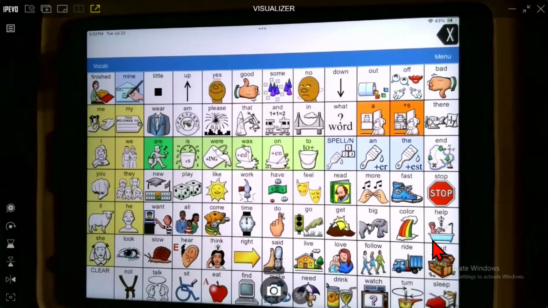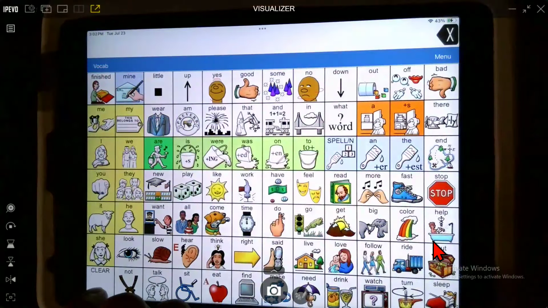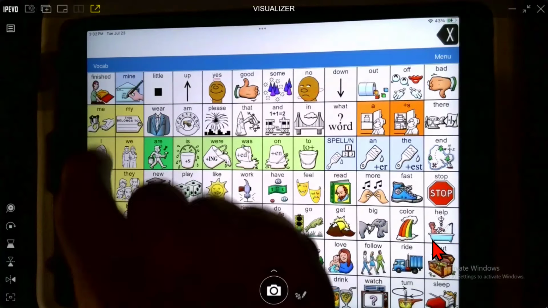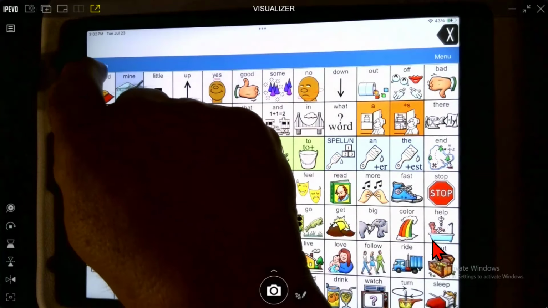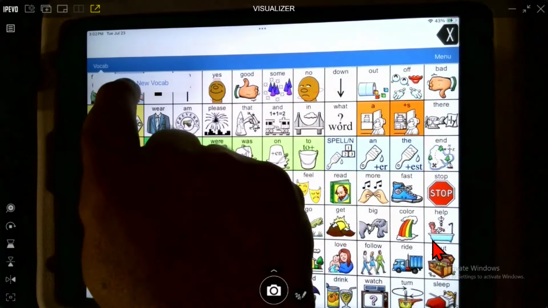The first thing when you get any device, whether you've had a kid's device or it's your first time on the device, there are two things you need to know how to do at the very beginning. You need to know how to copy a vocabulary, and you need to know how to save the vocabulary so that you don't lose it. These instructions are on cheat sheets, but I'm going to go through it one time so you can see it. To copy a vocabulary, you start by hitting vocab, then you hit choose new vocab,